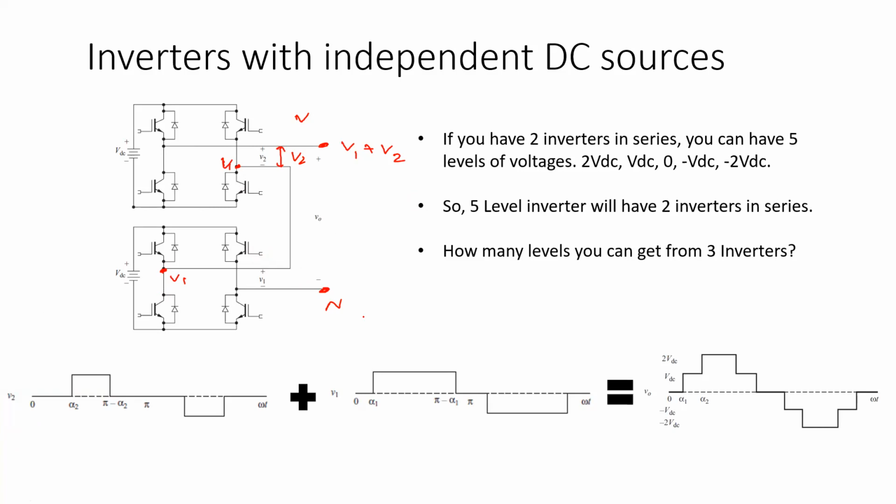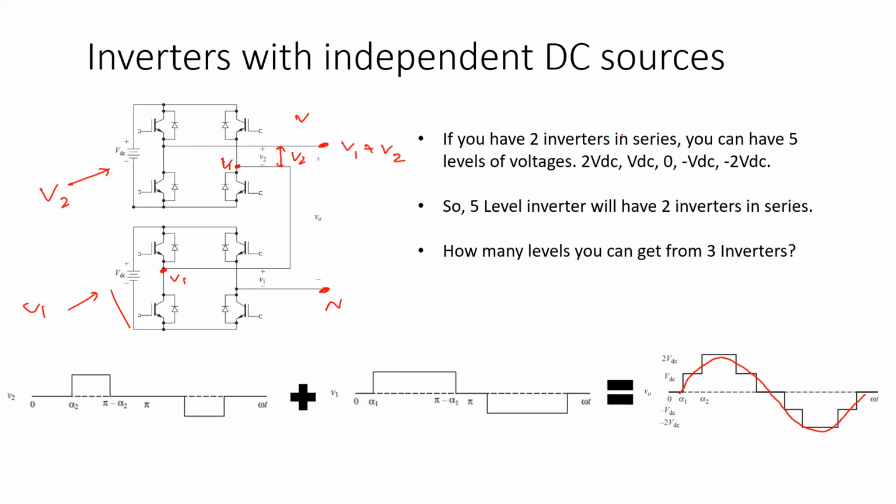So in here, this is the waveform generated by this inverter. This inverter will generate V2, it is something like this, and this inverter will generate V1. So it is something like this. Since these are in series, this will add up. So you add this to this and it will get something like this, and this is something like a sine wave. So that's what a multi-level inverter is.